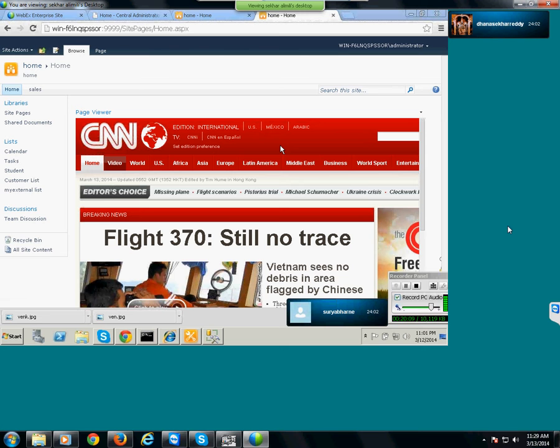What is the difference between the picture library web part and the image viewer web part? In the picture library we can see images in a slide show also. In the image viewer web part, we can show only one picture. In the picture library web part, we can show multiple images, slide by slide, like a picture view. Got it?